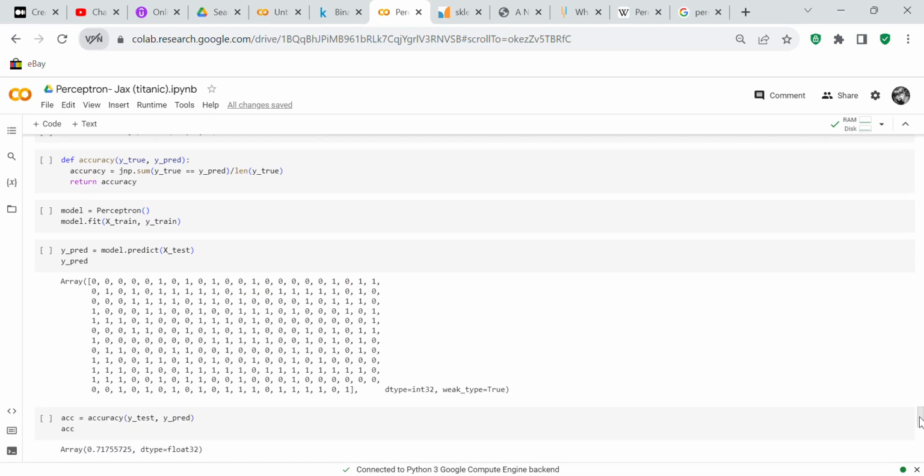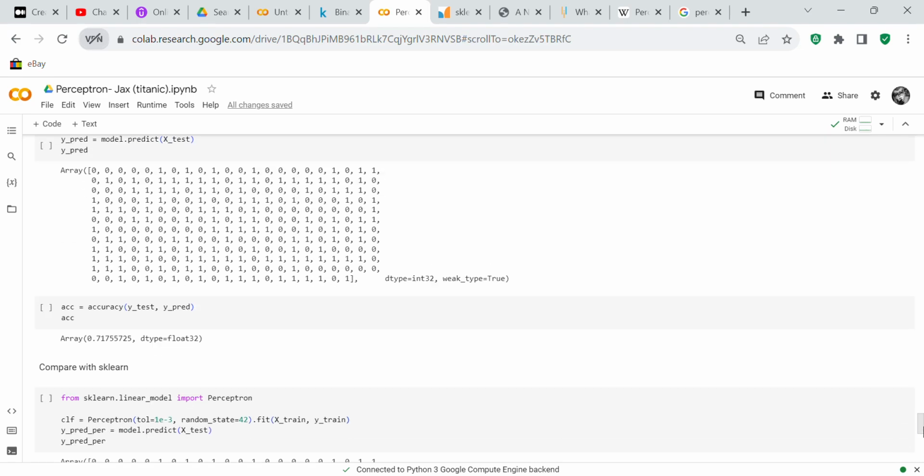We also have a function called accuracy, which calculates the accuracy of the Perceptron model. And now what we're going to do is use the Perceptron: model equals Perceptron, model.fit xtrain ytrain, ypred equals model.predict xtest. And then you've got your ypred, with lots of ones and zeros. You've got your accuracy as 71%, which is not as high as other algorithms that I've used, but